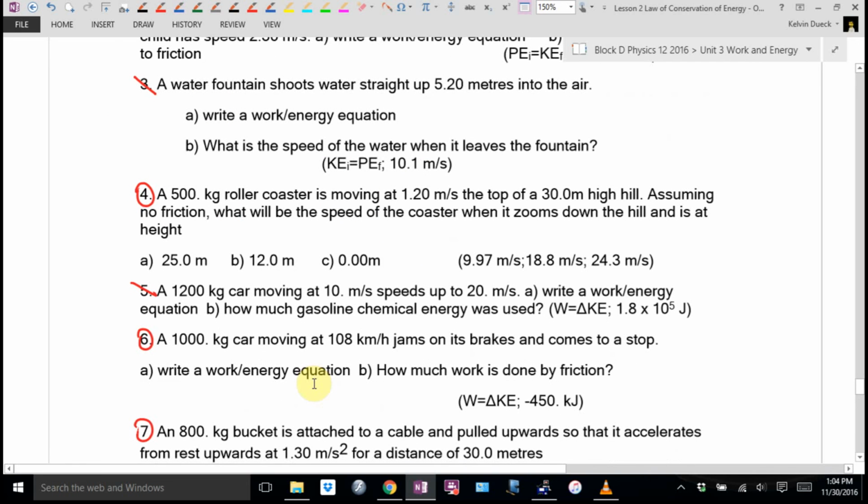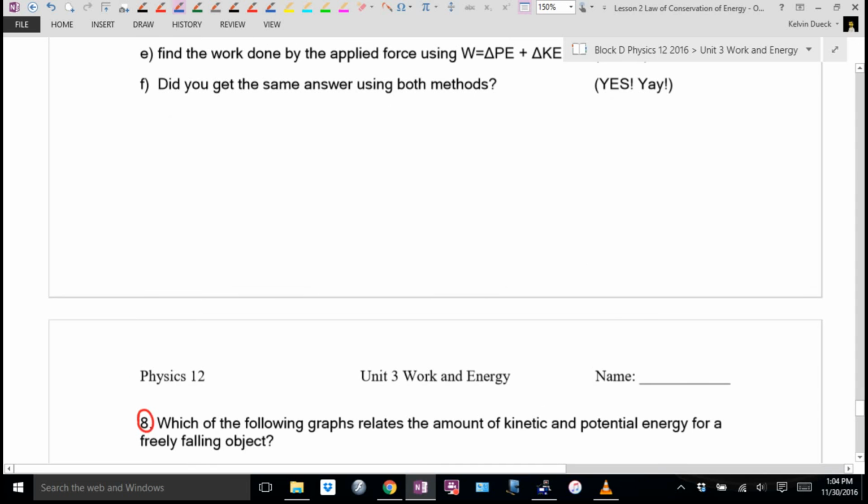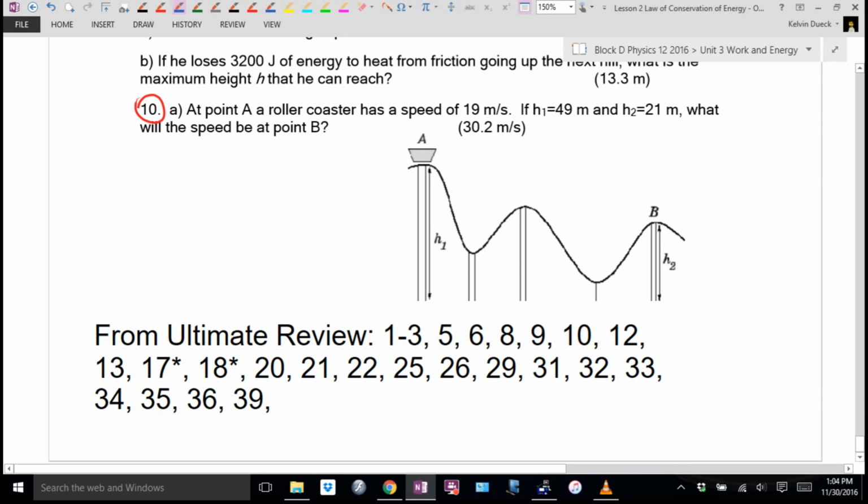What's your homework? So you can try every question, except I'm no longer going to nuke number 5. You can just do it at the end of the homework if you want to. And then if you finish that, you're now capable of doing these questions from the ultimate review. So if you want to jot these down underneath number 10 or on the top front of the lesson, you can now do from the ultimate review,